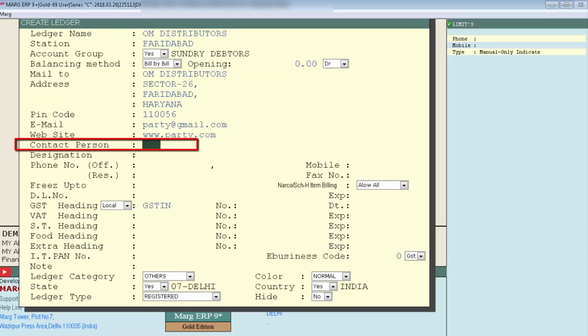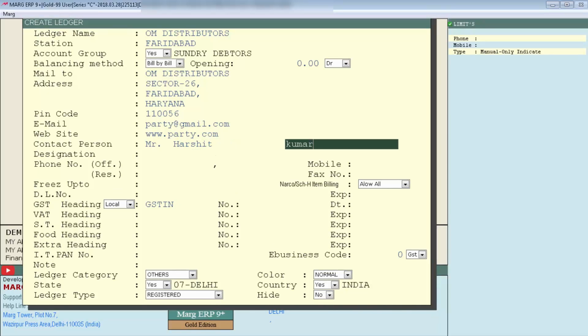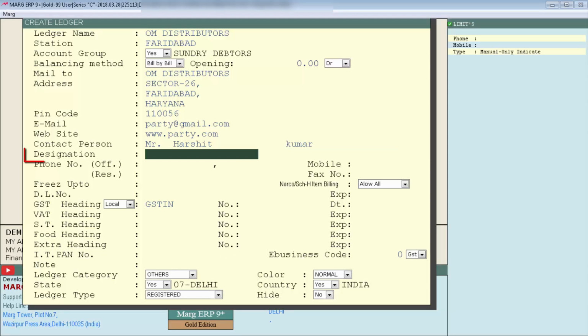Then mention the first name of the contact person like Harshit. Then press enter, and enter the last name of the contact person, that is Kumar. After this, next is designation, meaning the designation of the contact person. If he is a proprietor, you will mention proprietor here, and if he is a manager or other, you will mention that. For now, we will mention manager.